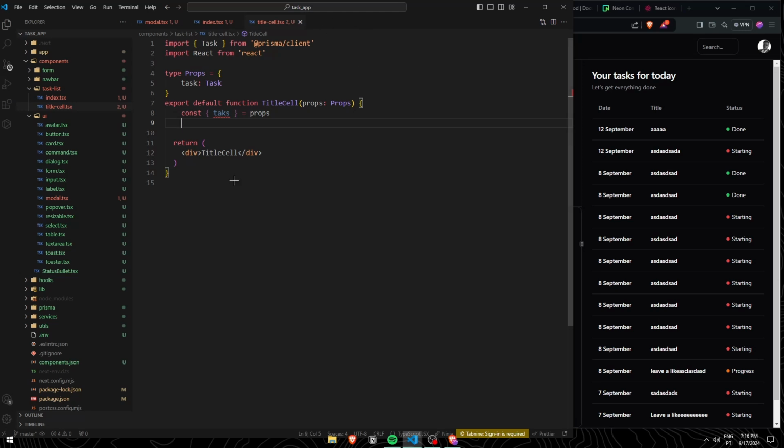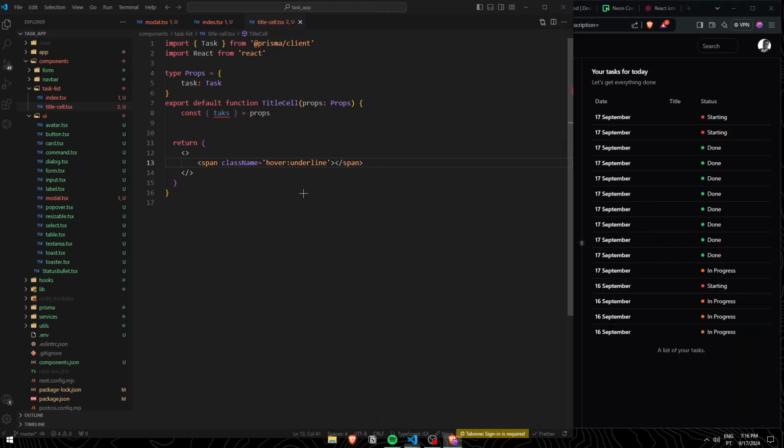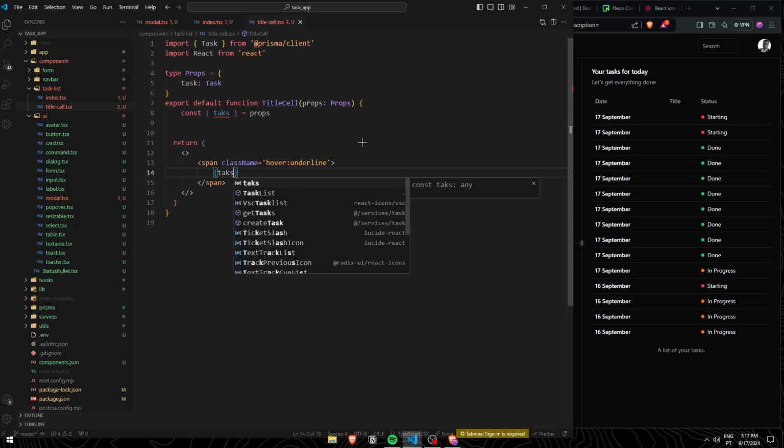Okay, so right here we are going to one, show the title, and two, show the modal. Okay, so let's start by showing the title. So let's create a span, and this span is going to have a class name of group hover, or just hover, doesn't matter, hover underline. So when we hover on the title, it's going to show an underline right here. There we go, and then add the task